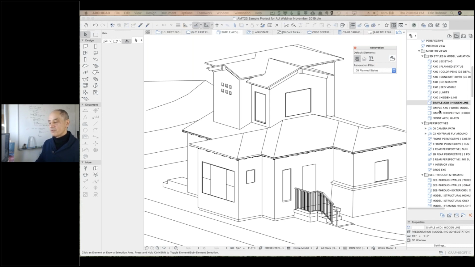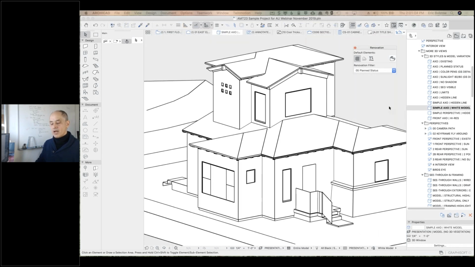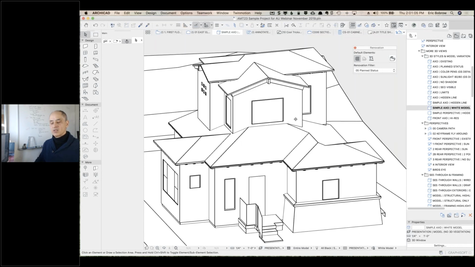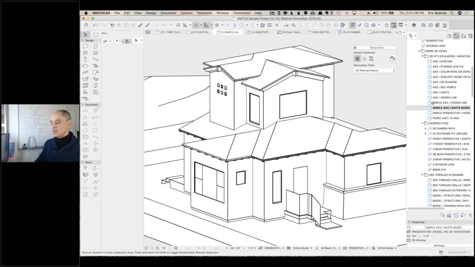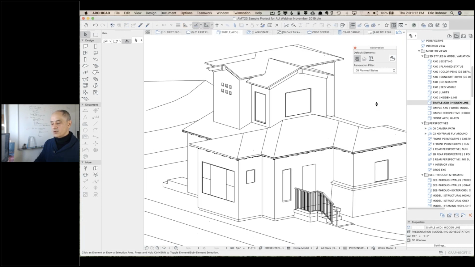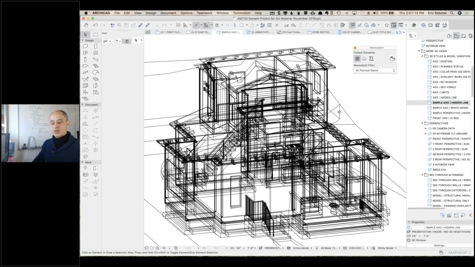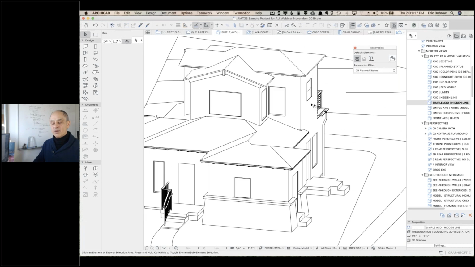So these are just different views. And there's another variation here with a white model. This one is line work, and it has certain benefits, but the white model one is quicker and will spin around instantly, whereas the hidden line one, if I do that, what you'll see is that it will go into this wireframe. Why? Because it's using a totally different